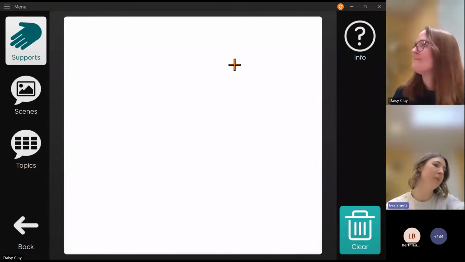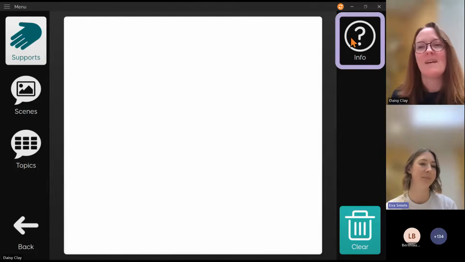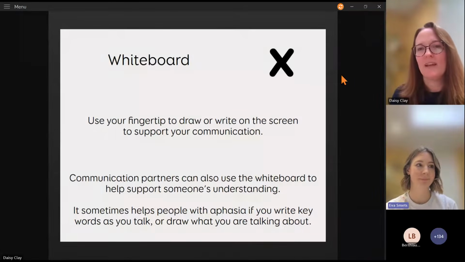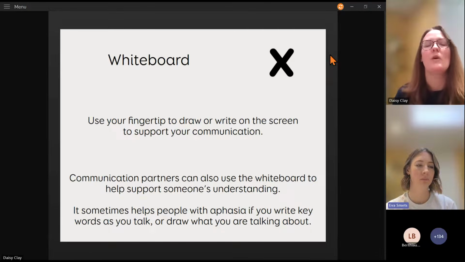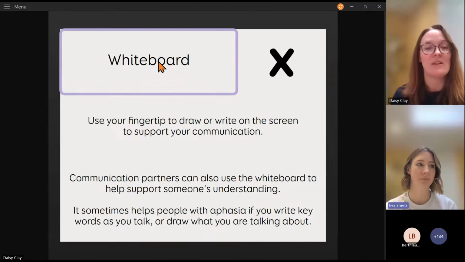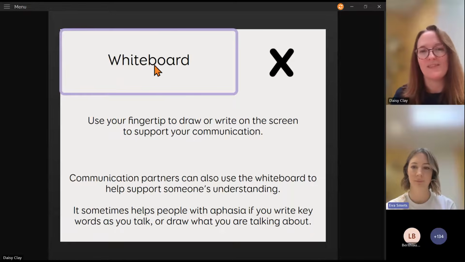This is also a nice point to maybe show an example of the info grids. Yeah, fantastic. So here you can see one of the info grids. Each info grid will give you the name of the grid that you're on, so just that confirmation and support for navigation. Whiteboard. And if you click on it, you will hear that spoken.